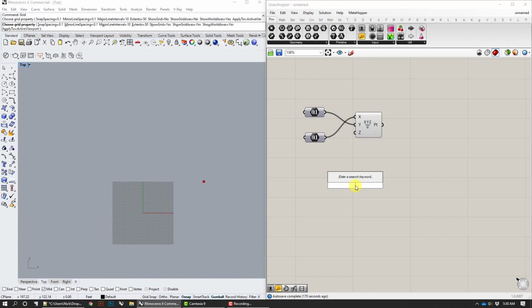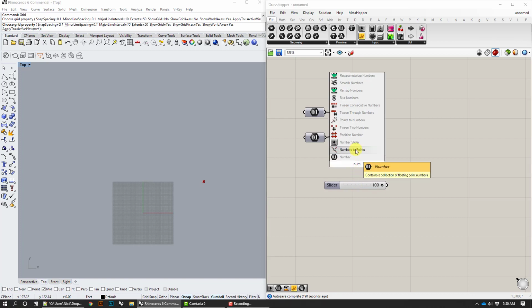So if I wanted to start at 1, I could type 1 less than 50 less than 100. And that's going to give me a number slider that starts at 1, is set to 50, and goes to 100. That's a really quick way to make it, rather than making a number slider,